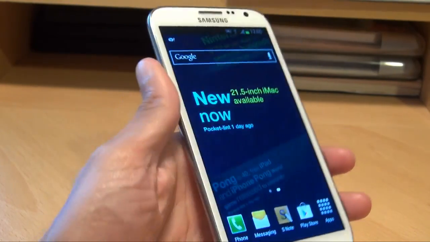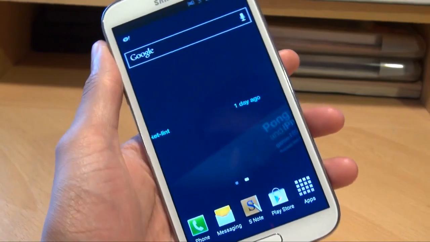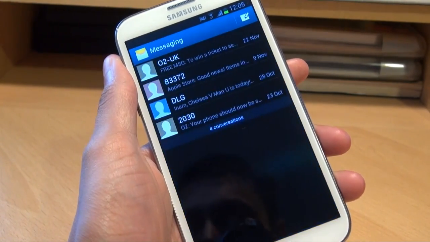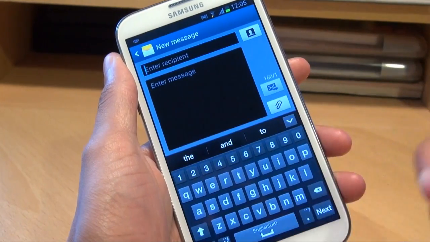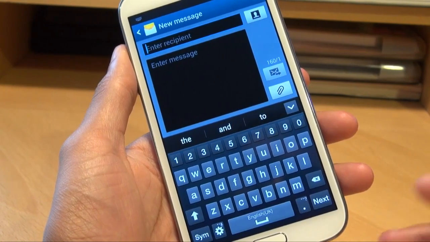Hi guys, it's GT-N7100 here with the Samsung Galaxy Note 2, and we're going to take a look at some of the keyboard functionality available on this device. So first off, I'm just going to go into the messaging application just so I can get the keyboard up within here. As you look at it, it looks like pretty much any other Android keyboard, but with the Note's